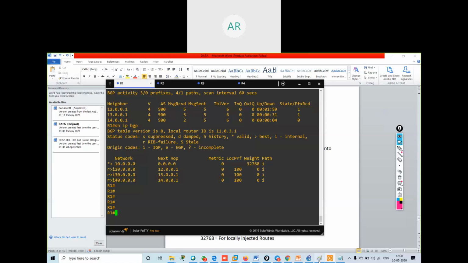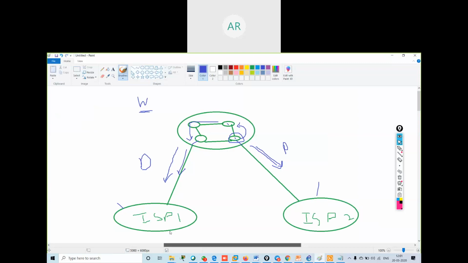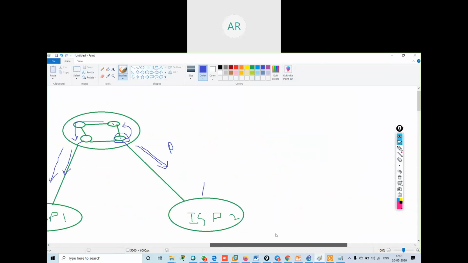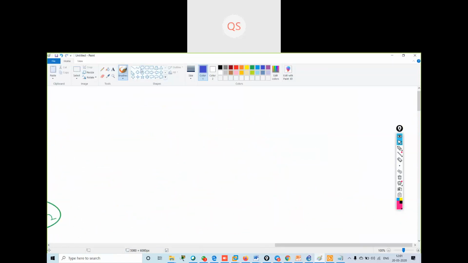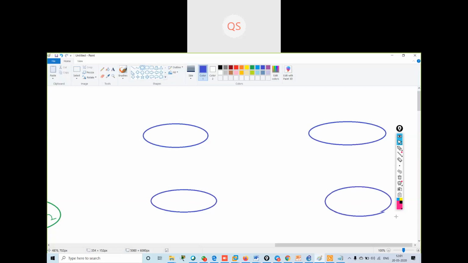So if I take an example of weight over here, I have not drawn the AS. If I draw a diagram over here, I am having multiple autonomous systems. Our previous diagram only, our previous example, what we have seen, they are connected with each other.